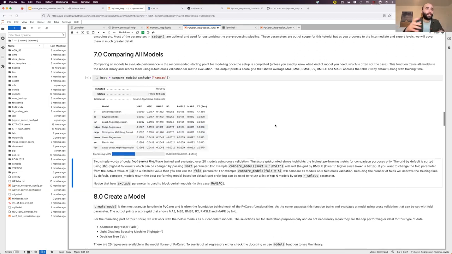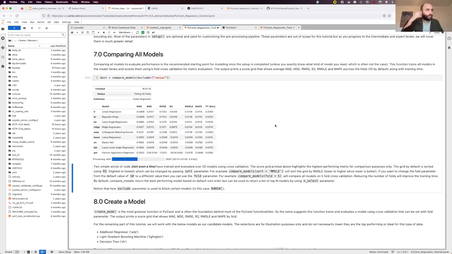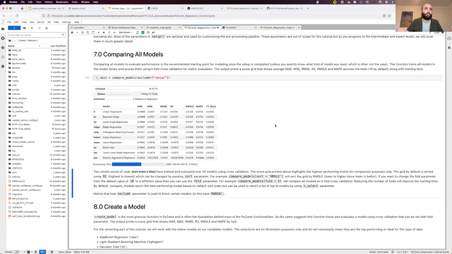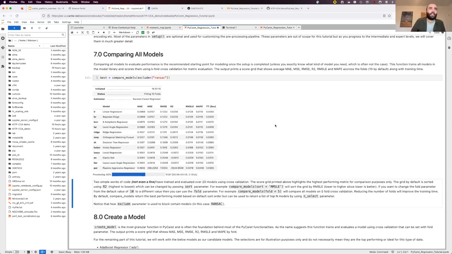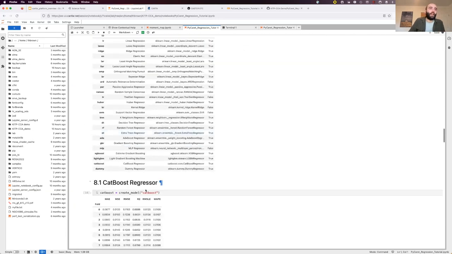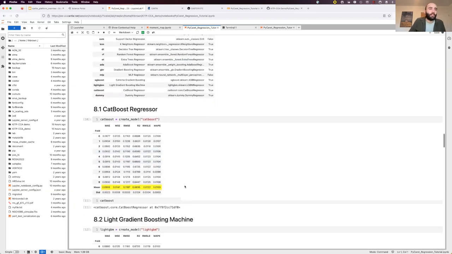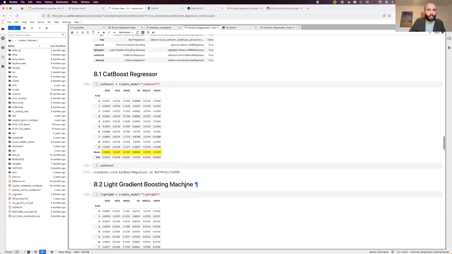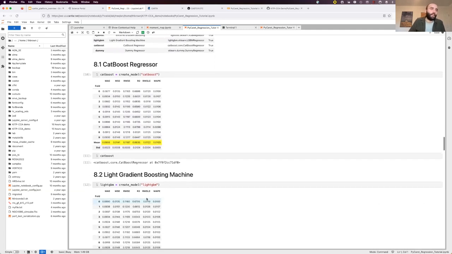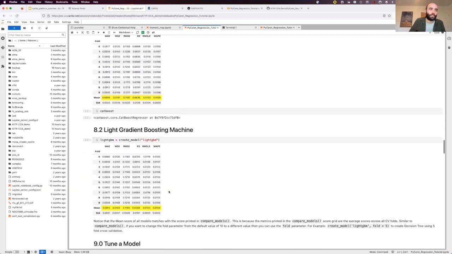You see it has this nice on-the-fly updating of the GUI. I'll just let that tick away, but it will eventually rank them on how well they perform, based on how I tell it to rank. I think the default is R2, if I'm not mistaken. Anyway, that ranking went through, and the CatBoost regressor came out on top, so I just picked it for this one. I also like light gradient boosting machines, so I use this one as well.